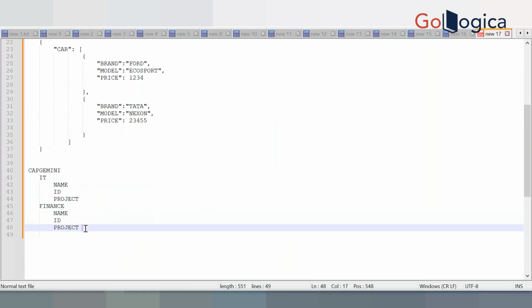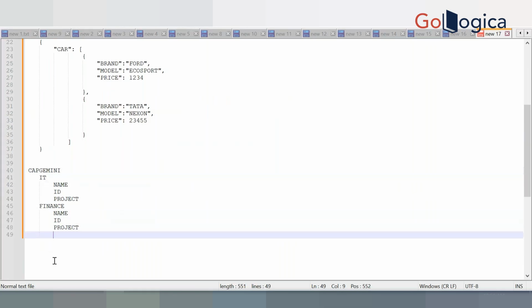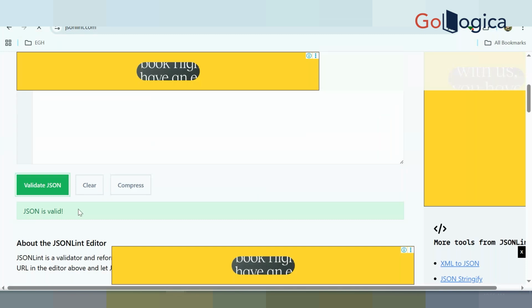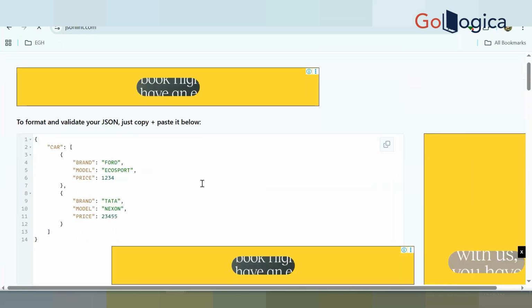Can you write this and send me the photo? Now itself I'll write and show, or else you can write later. You can validate the JSON. So the JSON is validated.